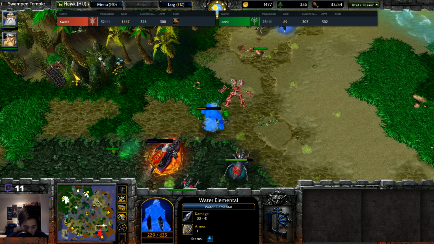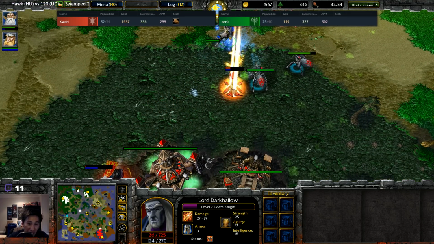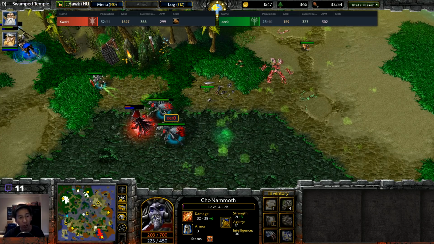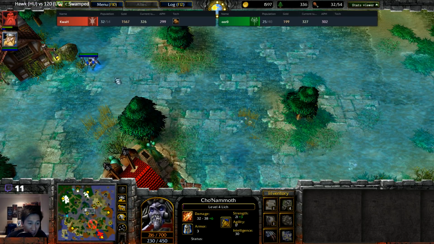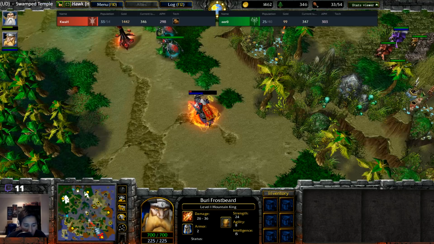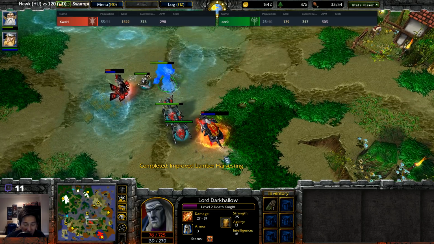Water Elementals down to 229 hit points. Archmage gets another fireball off onto the Death Knight. Lich gets up to level 4. Dark Ritual right there, as the Lich now tries to do a little bit of a chase. Mountain King here, ready to go. 32 supply compared to 25. What is happening next? Death Knight still leading in this charge here, as the Death Knight has to be extremely